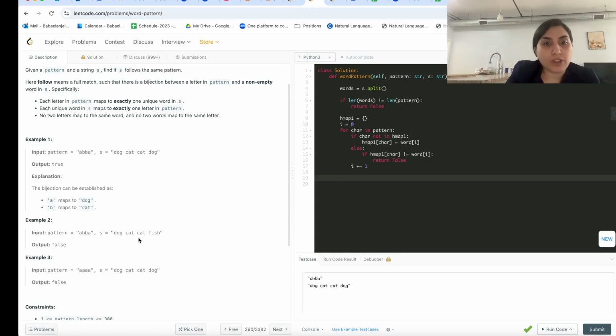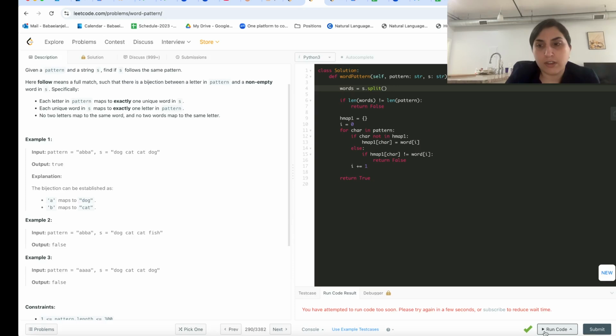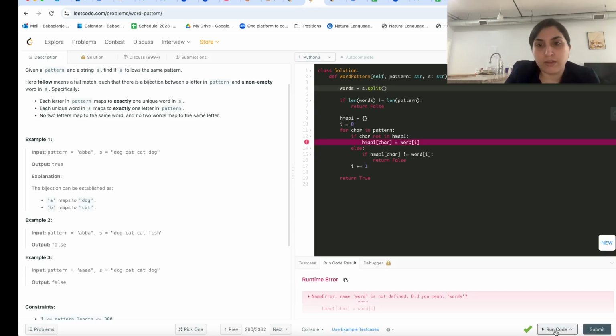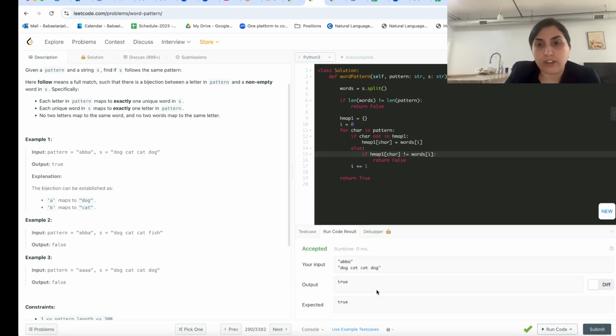But what if we want to go the other way around? We want to check, for example, dog. Let's run this code. Actually, let's do return true. Oh, okay, this also has to be split, not split. Okay, let's run it again. So words should be words. This should be words. Okay, let's run it. Yeah, so this test case passes. And if we submit it,